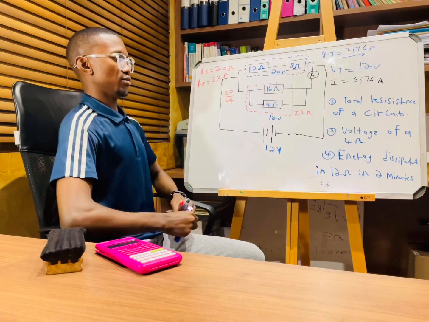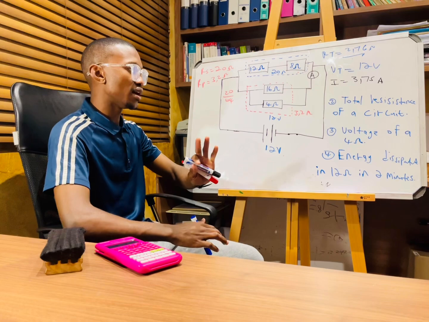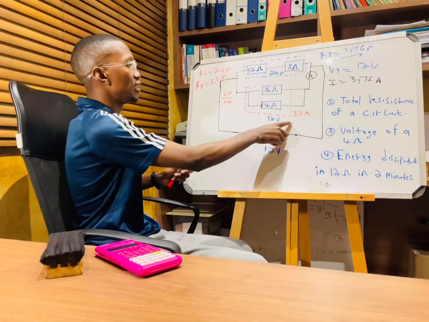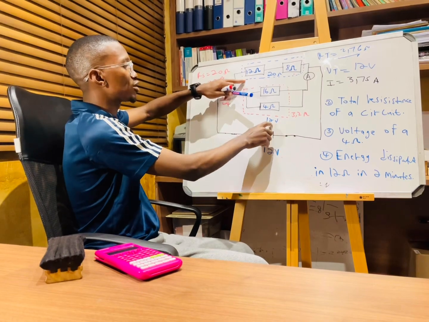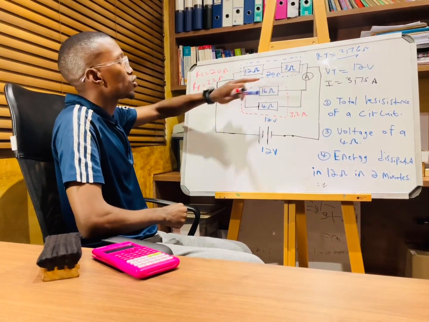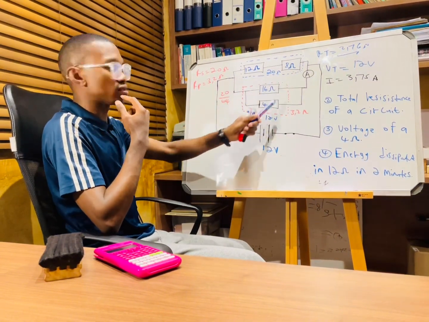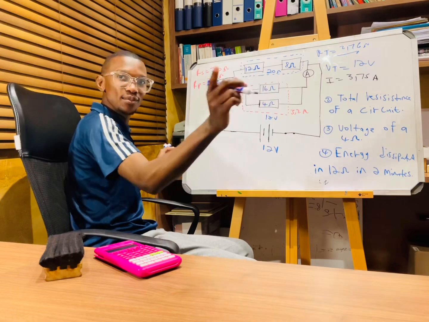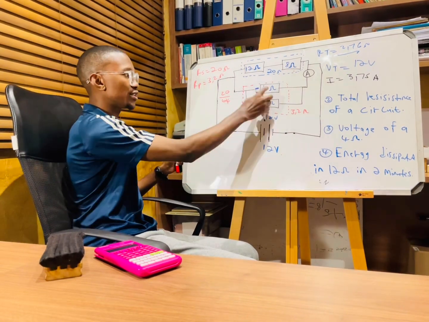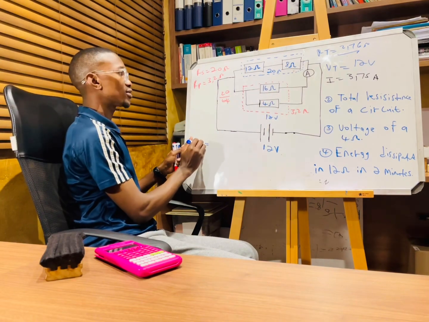So now what can we do, guys? What we can do basically is calculate the energy dissipated. But for us to calculate it, we need power. So check. Here is 12. But here, the voltage is also what? 12. Can I get the current for this one? Check, guys. Look, let me show you something. I parallel for these ones. Here, check, equals to